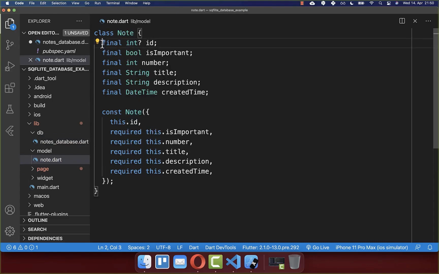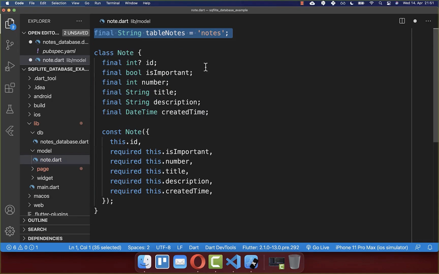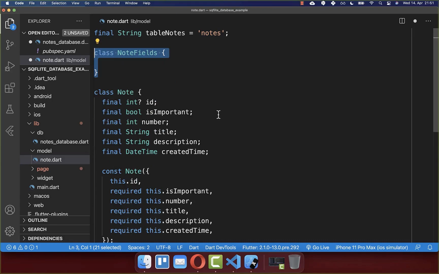And here inside I have put all the fields which we later want to store in our database storage. To store our node later, we also need to create a table, and therefore I create a table nodes. So this is the name of the table which we want to create. And we also want to create all of these fields, and therefore we create a new class